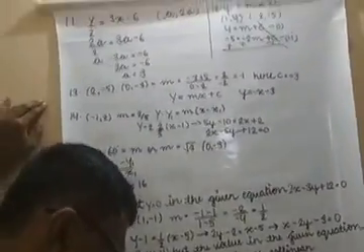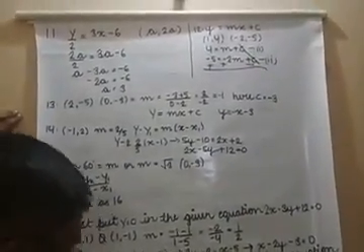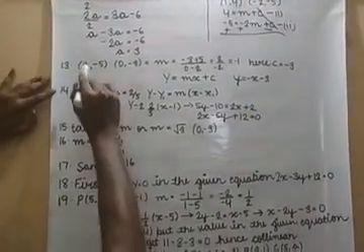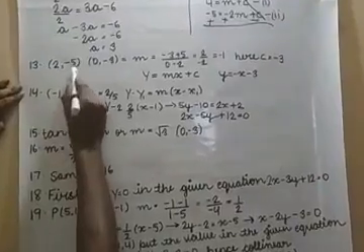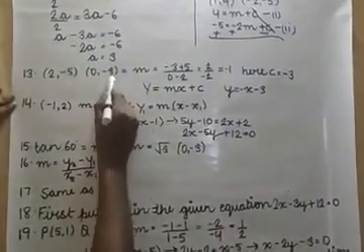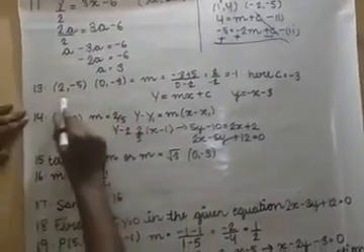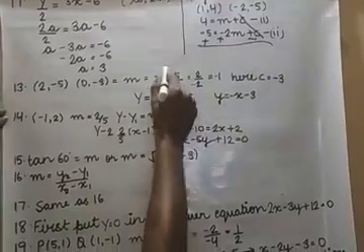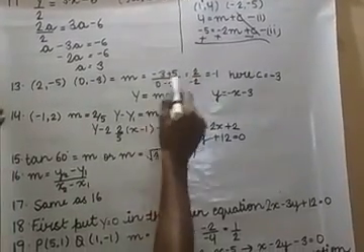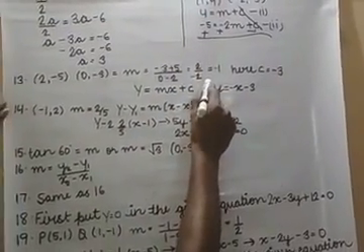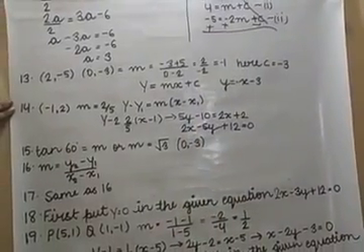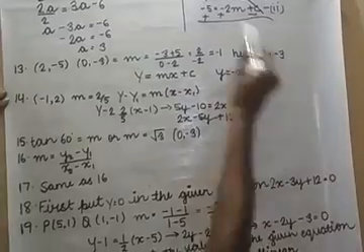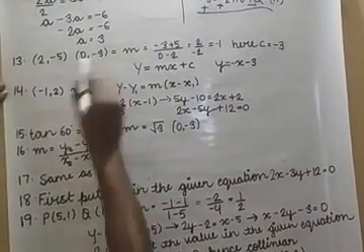Find the equation of a line passing through this point and making an intercept of -3 on the y-axis. So we have one coordinate as (2, -5) and (0, -3). So first of all, what I have done, I have calculated the slope, that is (-3 + 5)/(0 - 2), that is 2/(-2), that is equal to -1. Here c is equal to -3 because c is your y-intercept.